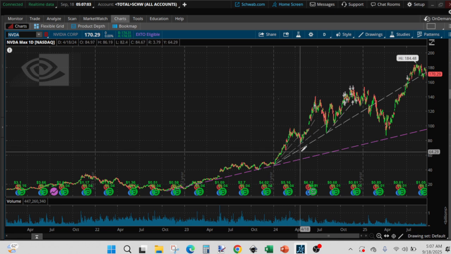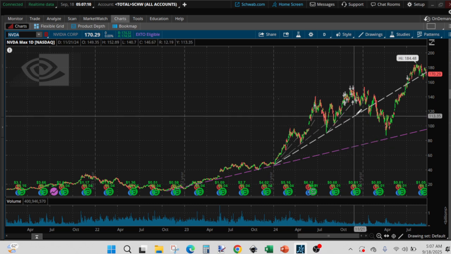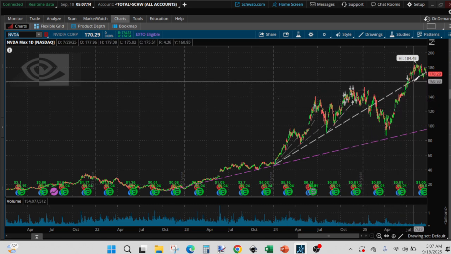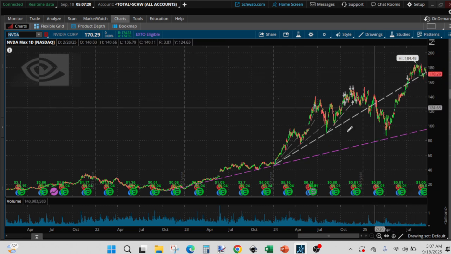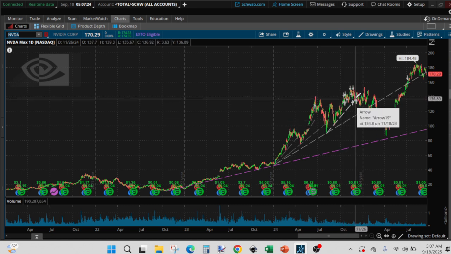So it could well be using this line as the upside wall of the mountain as it's climbing higher and higher until it reaches the peaks of the new mountain that it is creating here. So there is a chance that it will continue, but because I bought it at this higher price,